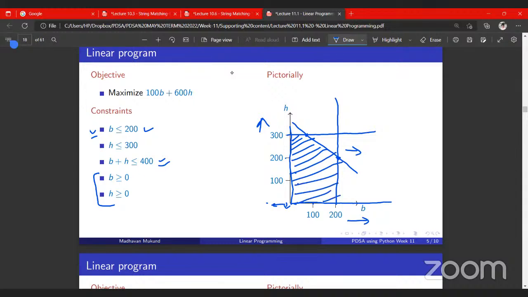So this is called a feasible region where our solution will exist. So we can solve it. There is one way to solve this: we can apply every single value for b and h and get the maximum answer for this equation, for every combination. But if we are getting this type of feasible region, this is also called a